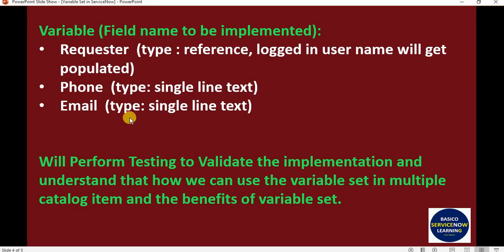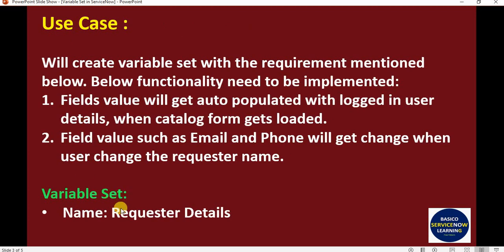So in this way the requirement of the variable and the variable set has been completed. Now we have to implement these two functionalities through a catalog client script. There is a difference between a client script and a catalog client script, so I have posted a video for the same. You can refer to that video to understand exactly what the difference between a client script and a catalog client